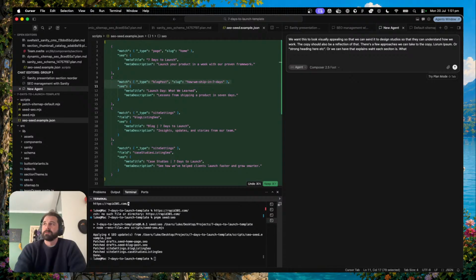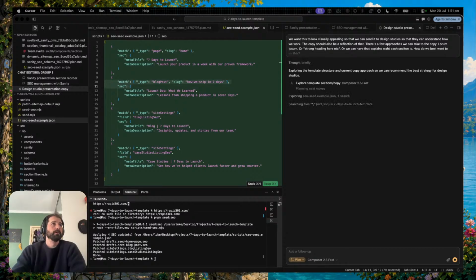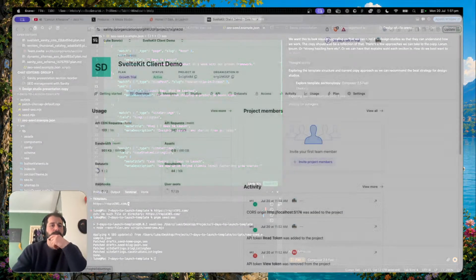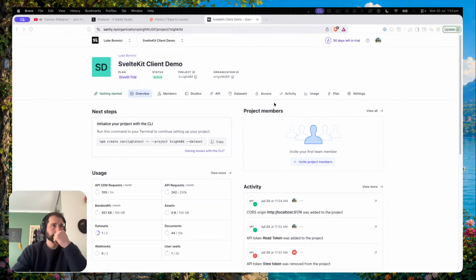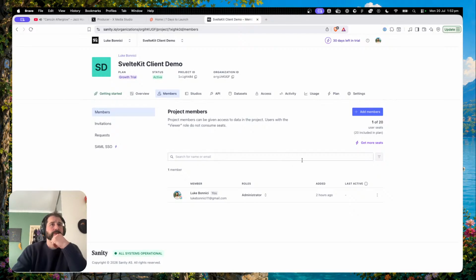How do we want to best do this? So we want to come up with a plan. And I guess we need to look in this project as well in SvelteKit. Like how do we add members? Project members. It's actually pretty